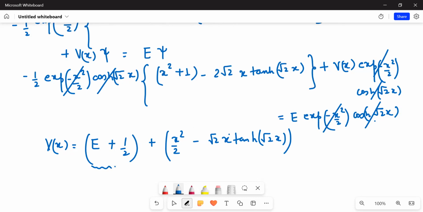Remember, addition of a constant and subtraction of a constant is not going to change the form of the potential. If I'm adding a constant or subtracting a constant from the potential, it is not going to create any impact on the overall potential. So V(x), I can conveniently write as equivalent to x square upon 2 minus root 2x tan hyperbolic root 2x. So in general, I can prove